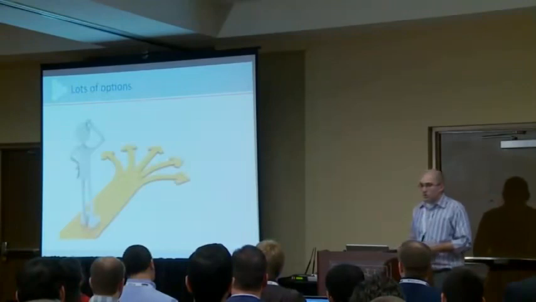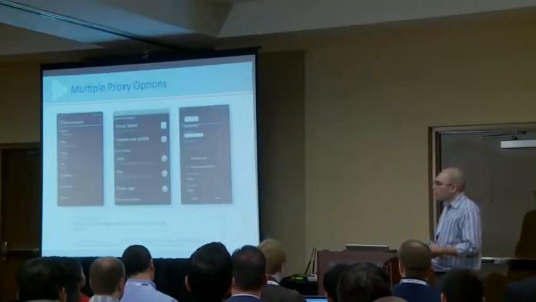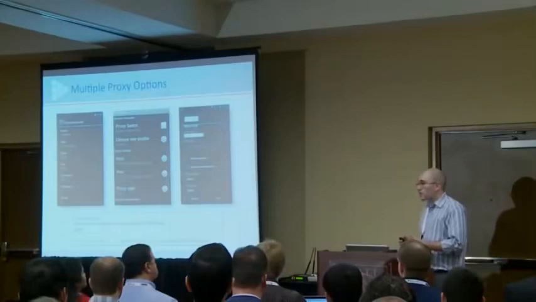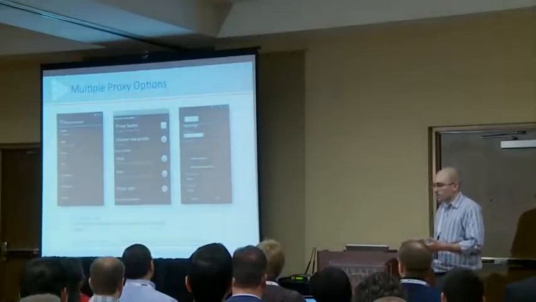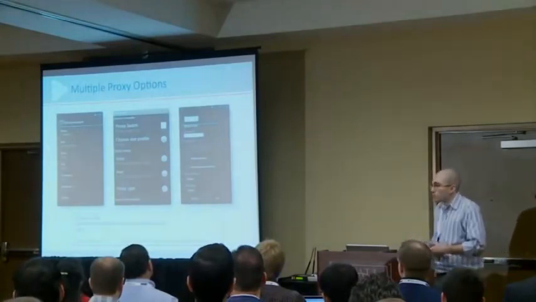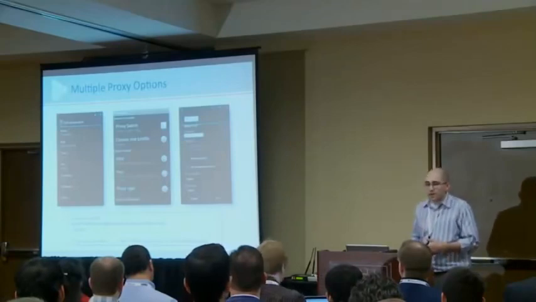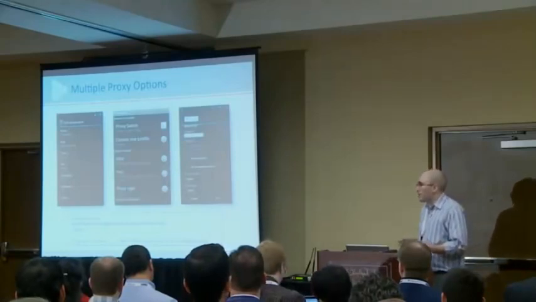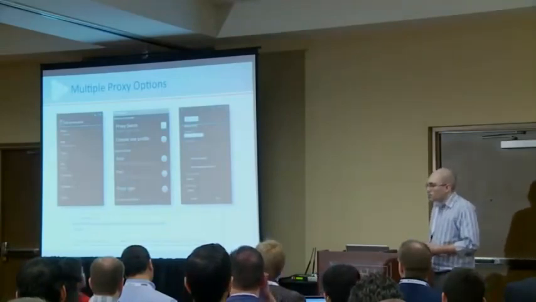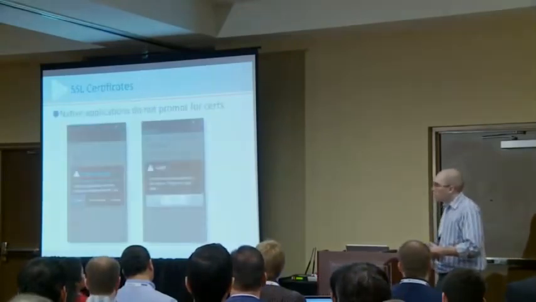So first of all, in setting up the proxy, there are a lot of options to choose between if you search around. The settings in the emulator are different from the settings if you're trying to test on a phone. It might be that you use a third-party app like Proxy Droid. If you're using the emulator, maybe you set the APN proxy setting. Maybe you give a command line argument to use an HTTP proxy. So there's a lot of things that you can do to try and tell it to use your proxy.